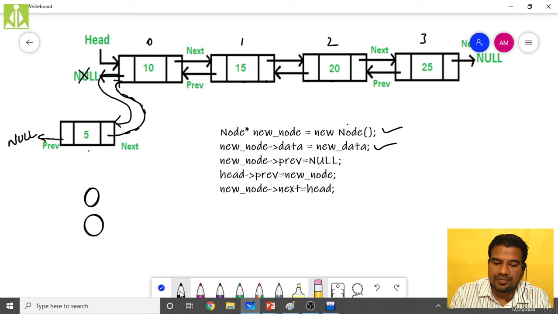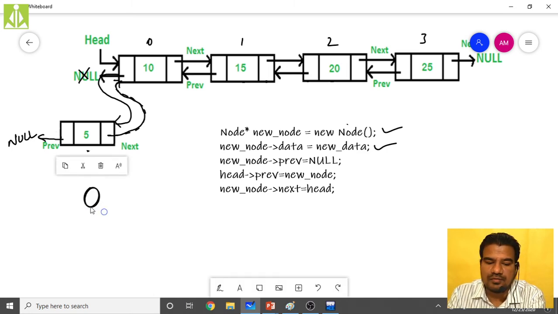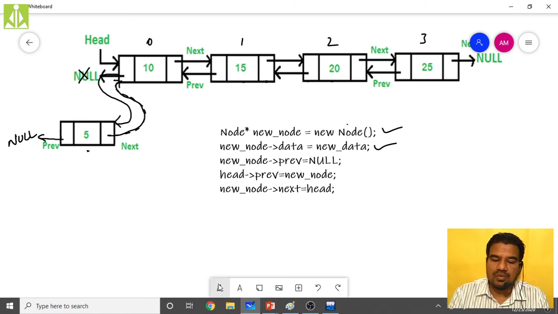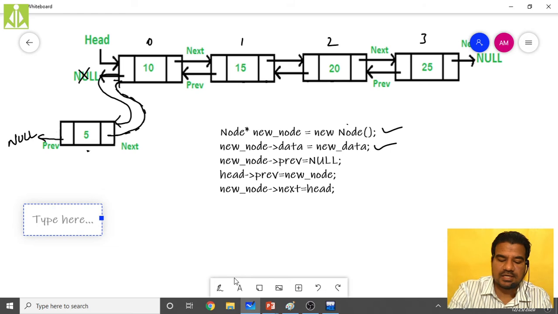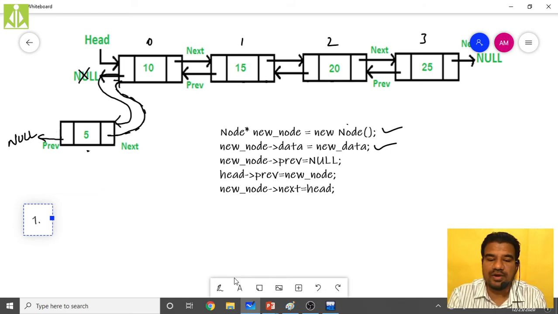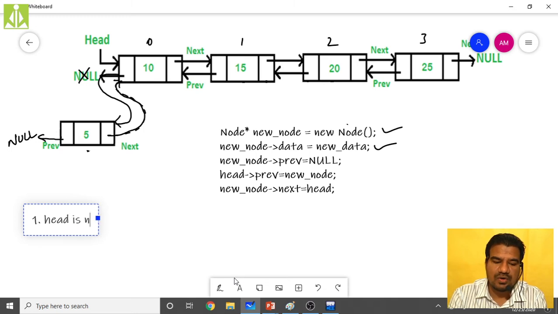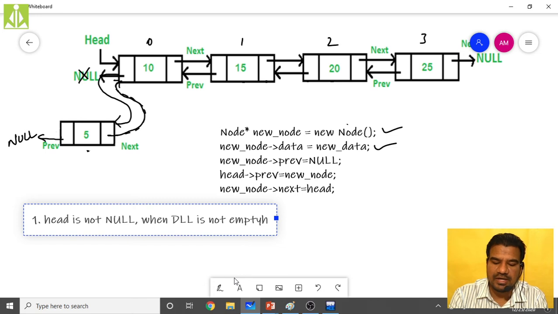So adding a new node at the first position of your DLL, we have two different cases. In the first case, when head is not null, that means when DLL is not empty.